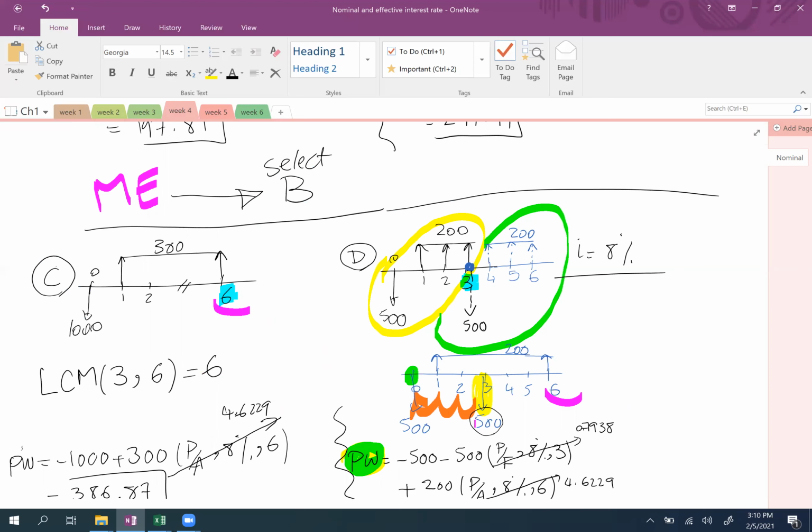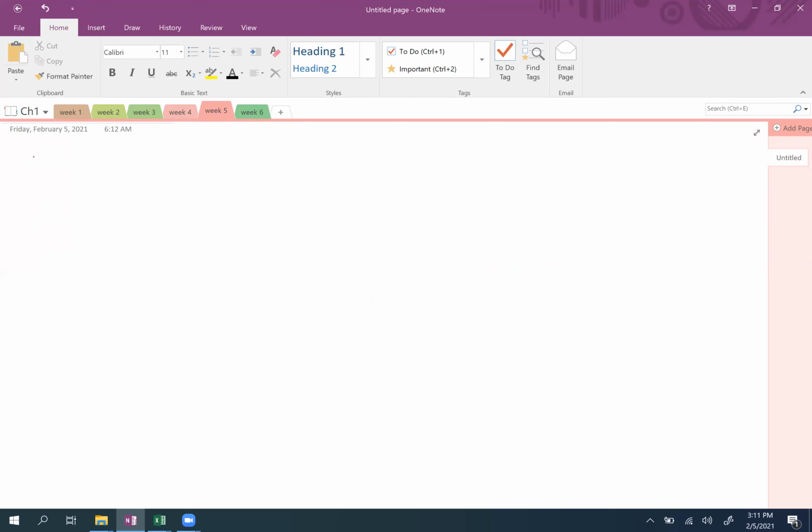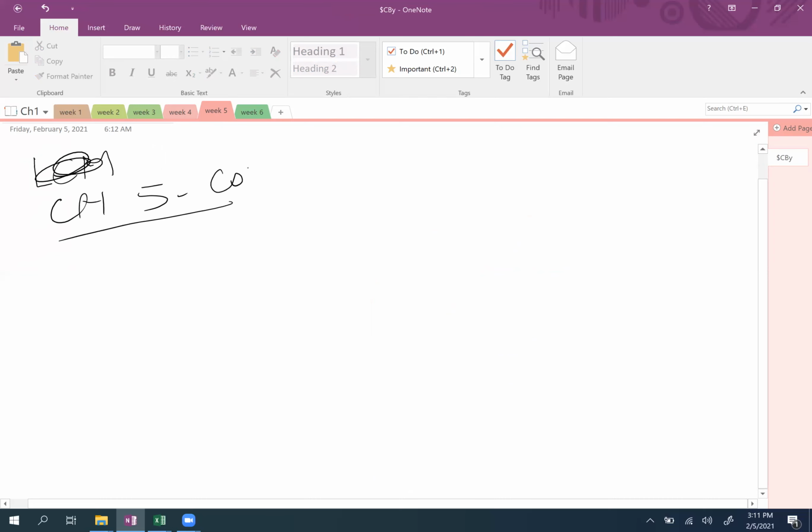So if the LCM number is small, probably you will not have any issue, and it will be very straightforward. But sometimes the projects' lifetimes are different in a way that their LCM is going to be very large. Let me just say this is a continuation of Chapter 5. So let's say I have two alternatives with lifetimes of 5 and 22. You need to calculate the LCM of 5 and 22 years